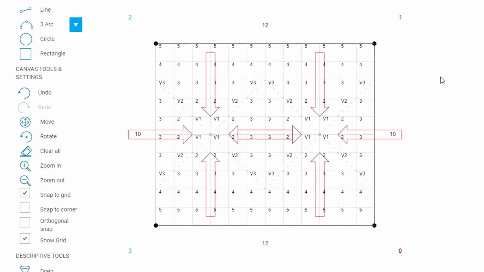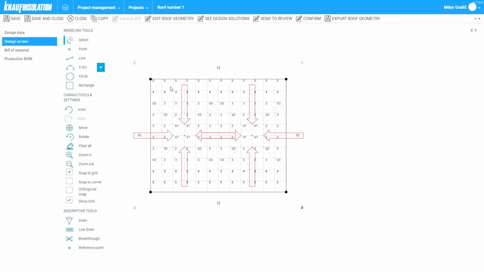Here is a view of what Knauf Insulation's technical support and sales team sees when they receive your drawing. The drawing shows all of the inclined insulation slabs used in the calculation. Each type of board is represented with a numbering, as you can see the numbers on the drawing. Our technical support will send you all of this detailed drawing, and they will also send you a bill of